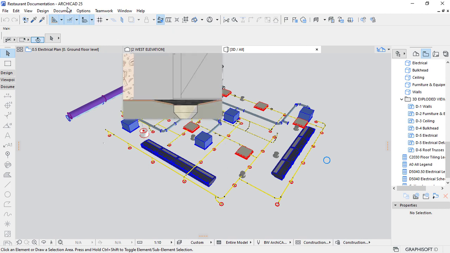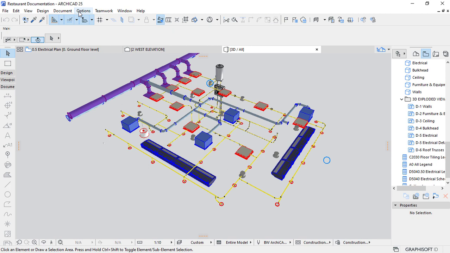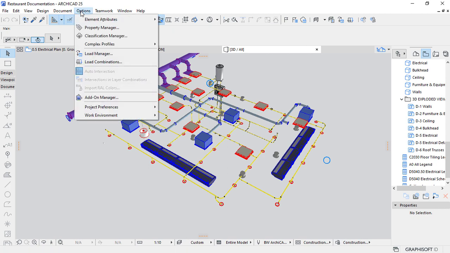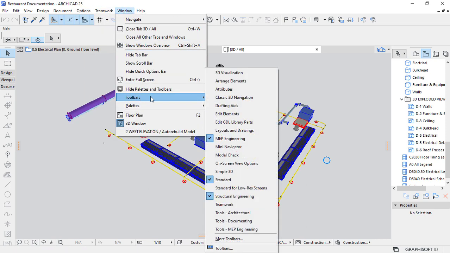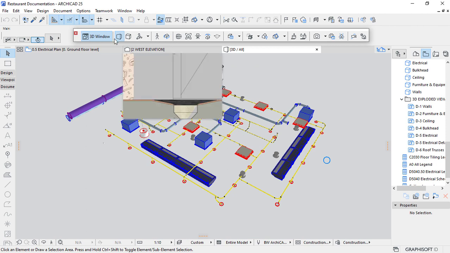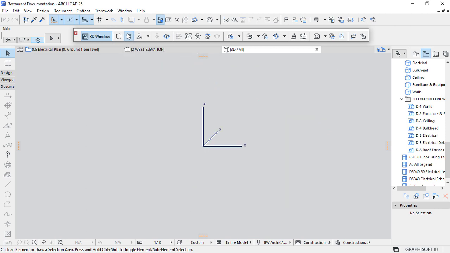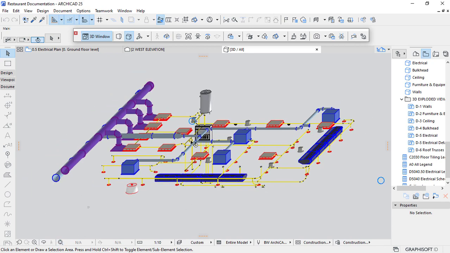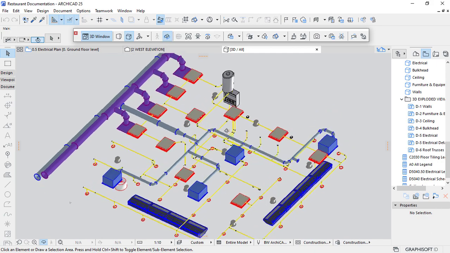Axonometric. It will depend on how you want to do it, but axonometric views are good ways of doing your 3D documents because they keep the vertical lines vertical and the horizontal lines horizontal. So it's advisable to work in that manner. So I'll go to Window and then bring up the 3D visualization tools to activate the Axonometric. I will fit the window to all elements like that,